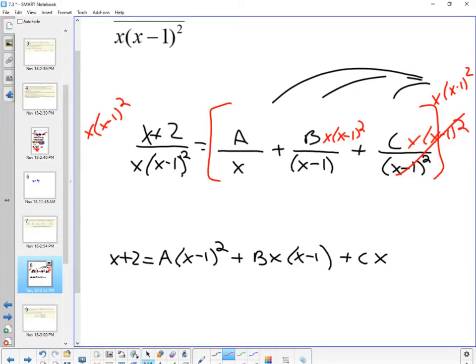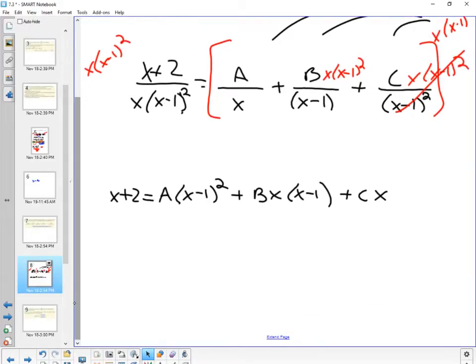Alright, I'm gonna clean this up now. So I've got x plus 2 equals a times, you know what, I'm gonna change the color so you can see the only thing that I'm changing right now. I'm gonna FOIL this out. So that's gonna give me x squared minus 2x plus 1